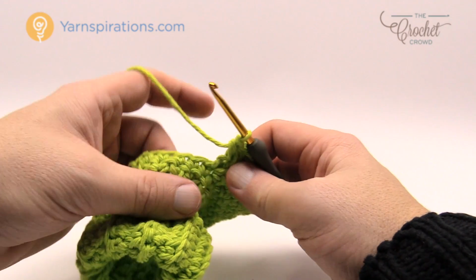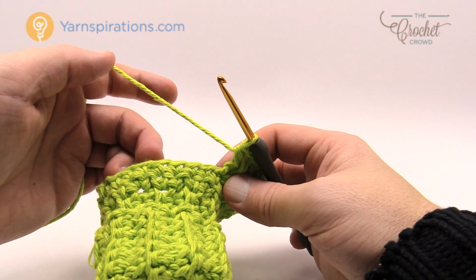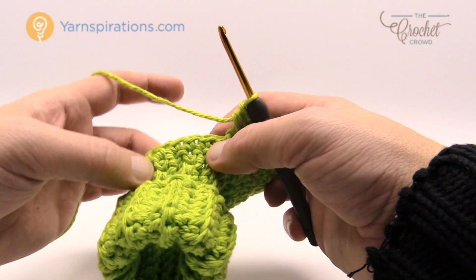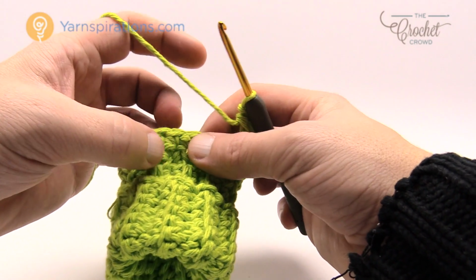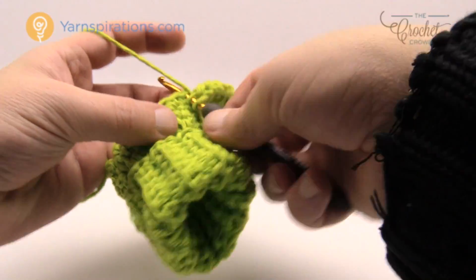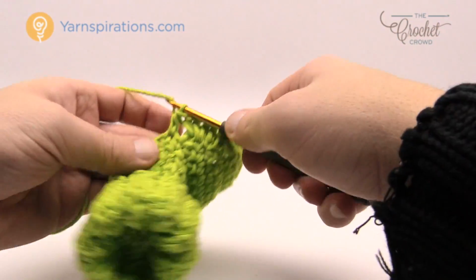And then it says to put a half double crochet in each of the next 7 stitches. So I'm just gonna count it just for the sake of it. So 1, 2, 3, 4, 5, 6, and 7. That takes me right back to the very beginning. So let's just do that. So 1,